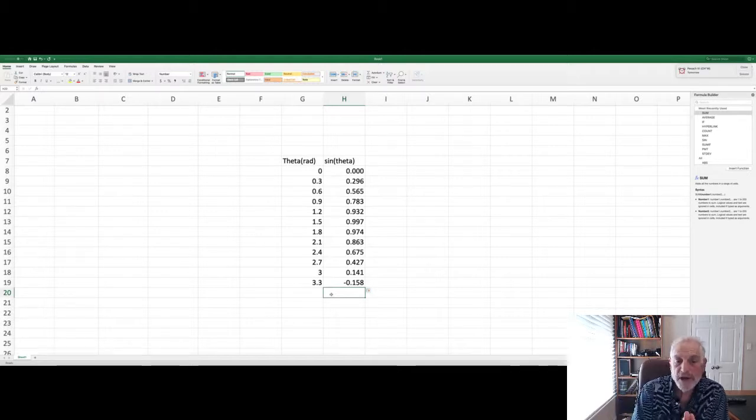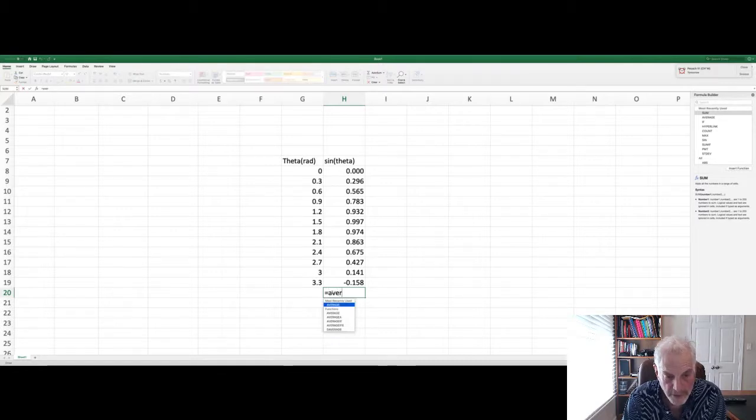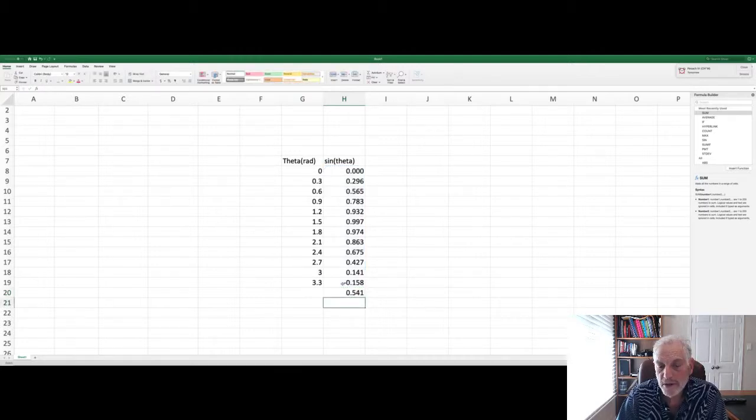So what's an example of a different function? What if I want to use a function that has a range as my input, not just a single cell? So for example, if I wanted to take the average of this column, I can simply go equals average. And by the way, it pops up right there, so I know how to spell it in case I'm having trouble. It says average, and then it wants number 1, comma number 2, but you can also put a range just by highlighting the range like that and put close parenthesis, and it gives me the average,